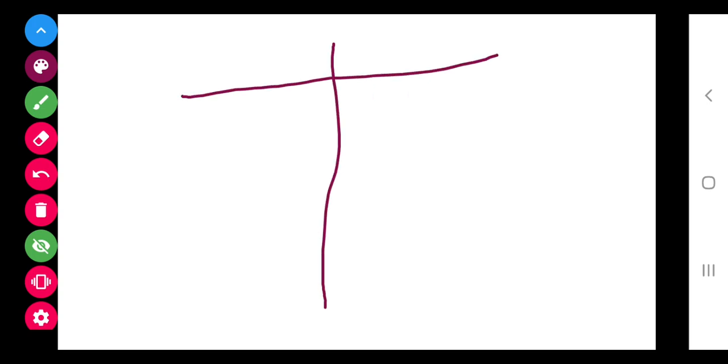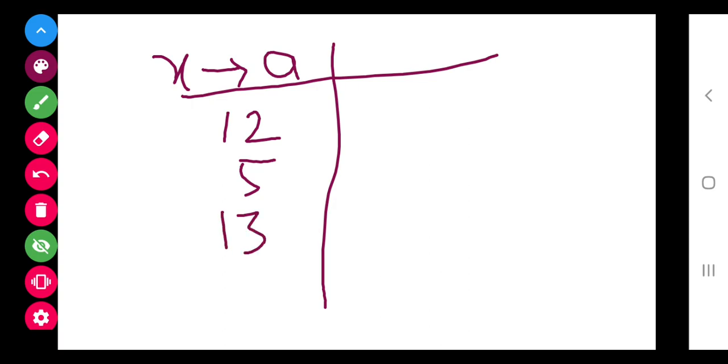So class, let me explain once again. There is x, the elements in x, and in our for loop each element is a. Now let's take some elements: 5, 13 and 15, suppose, and let it be 25.